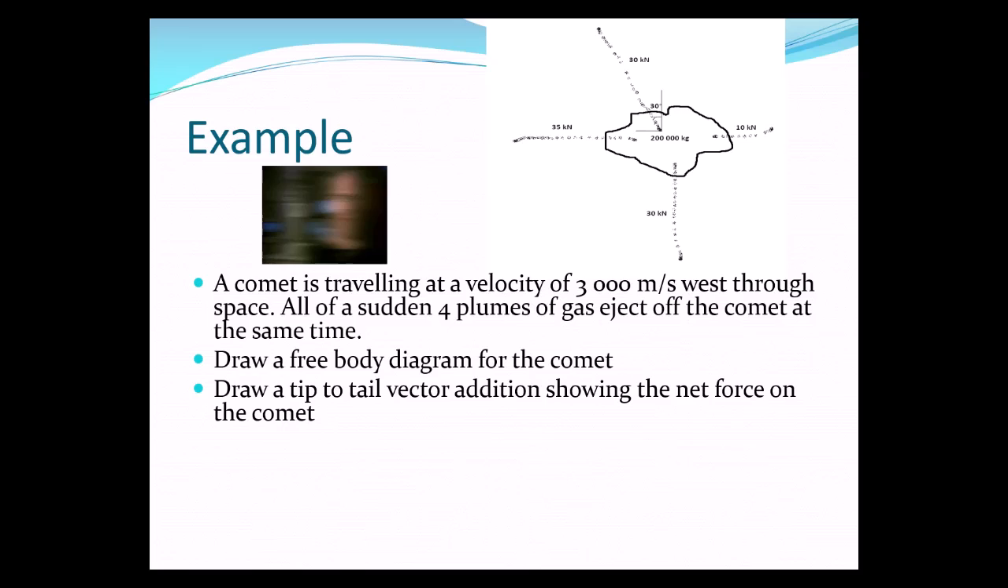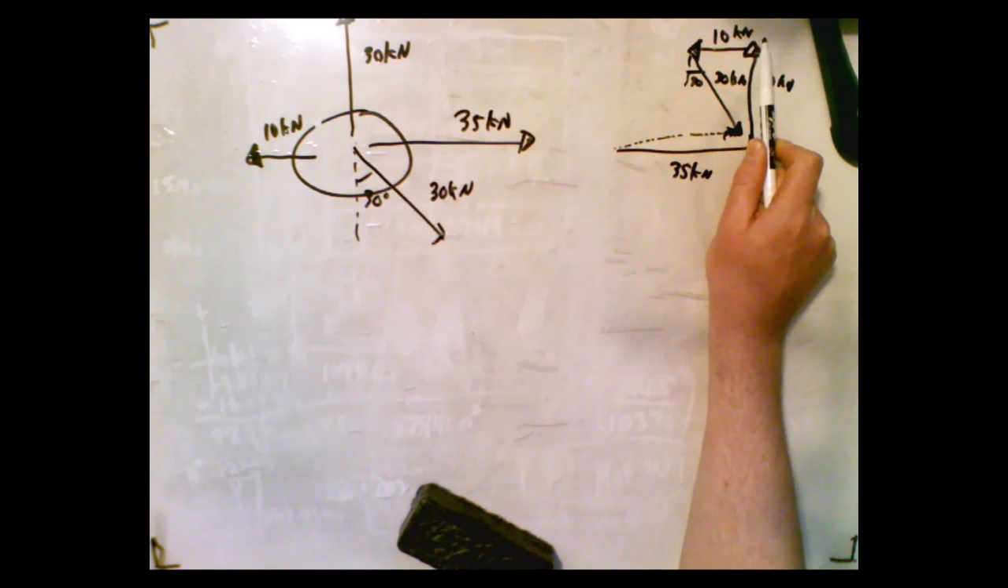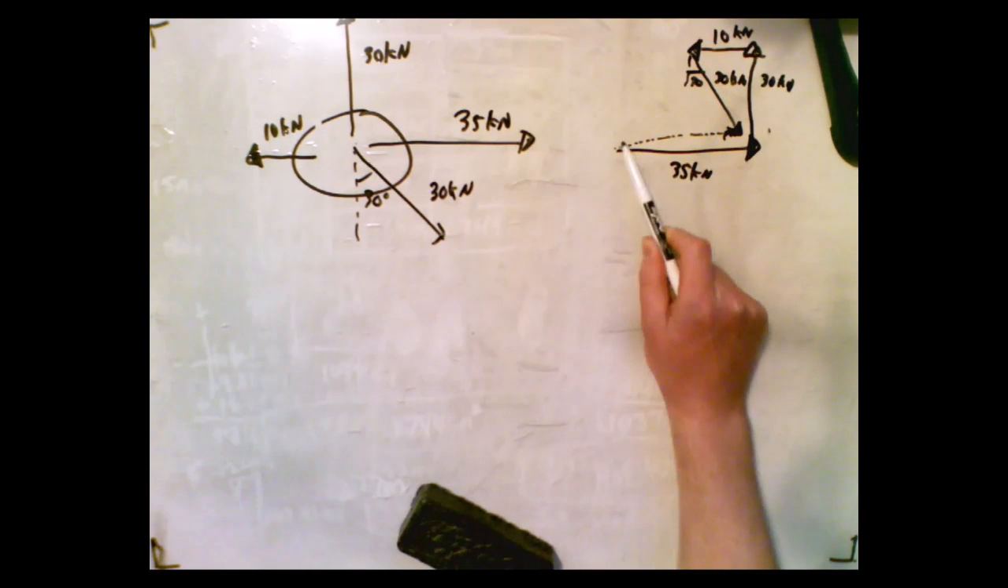And I'm going to add this one tip-to-tail, so the 30 kilonewtons is going straight up, and I'm going to try to make it a little bit smaller than the 35. And then I have 10 kilonewtons going that way, and then my last one is 30 kilonewtons like that, going at an angle of 30 degrees. So my resultant is going to be this. Oh shoot, I forgot to switch my camera, sorry. So I drew my 35, and then my 30, and then my 10, and then my 30. So this is my resultant